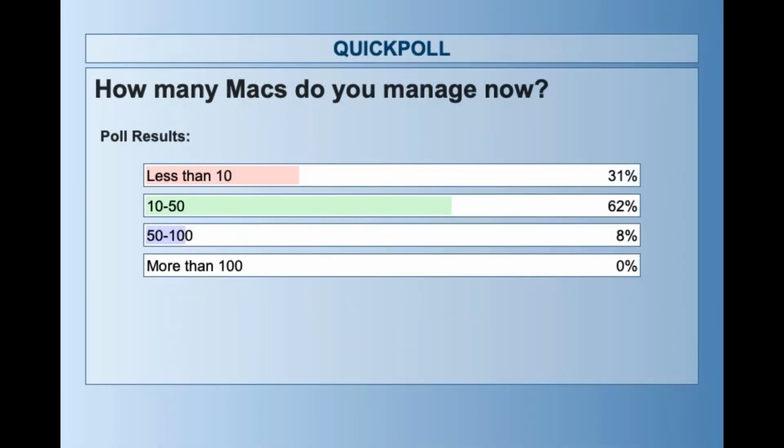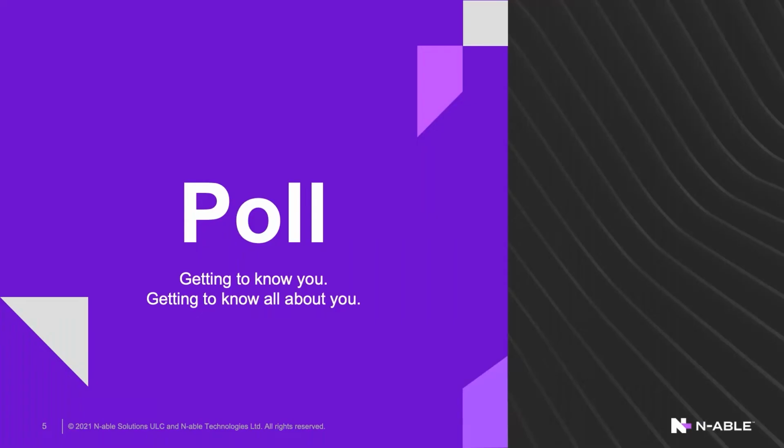Again, another mix of fleet size here. We do have a nice median range of 10 to 50 Macs. More than half of you are in that range, and nobody's got more than 100 yet, so that's quite all right. My job is to help bring that number up, part of my Mac nerd job description.